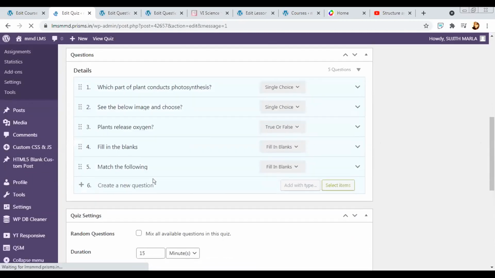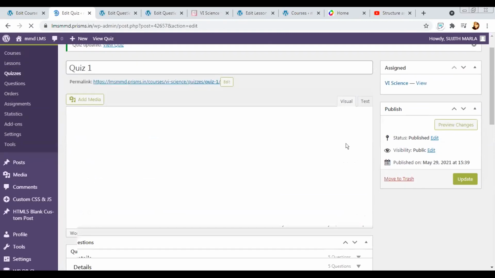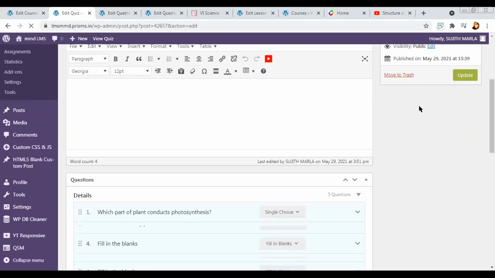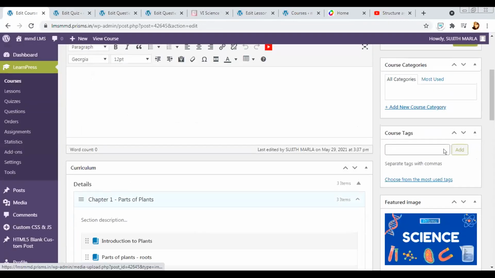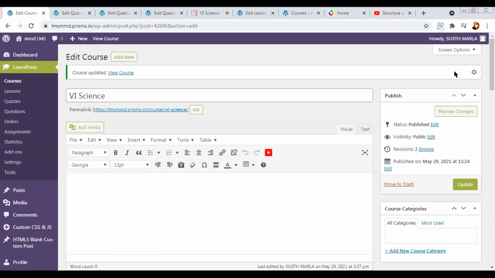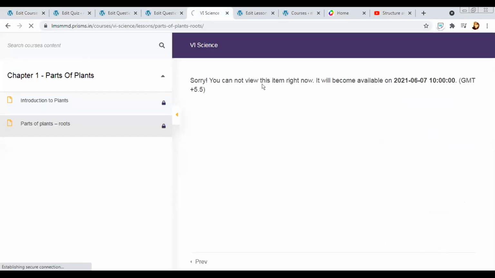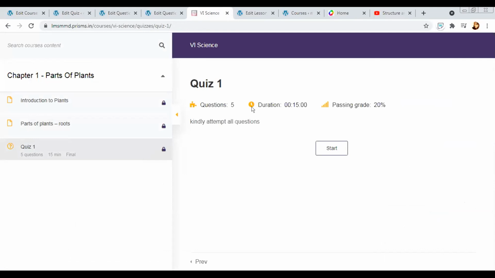Now, once I have done with all my settings, or I've created all my content, I'll just update. Now, as a teacher, before it goes to the students, you can also solve it from your end before the students get it. So I can go to preview changes. I've already opened the tab, so I'll refresh it. And I can solve as a teacher the quiz that I have just created.